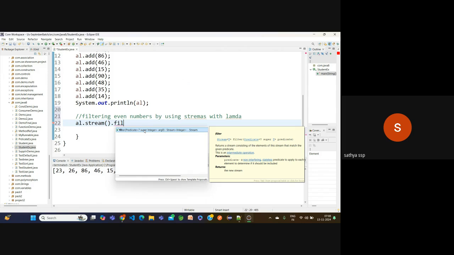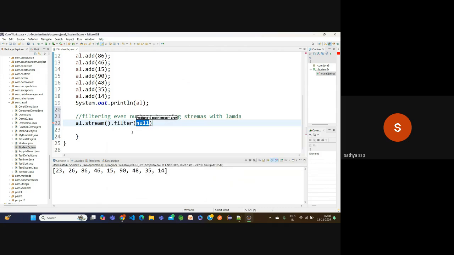Now the predicate: we have predefined functional interfaces, predicate, consumer, supplier, function. The predicate is used whenever the requirement is conditional, simply we'll go for the predicate. Now the filter method is internally taking the predicate. We can write the predicate in the form of a lambda expression